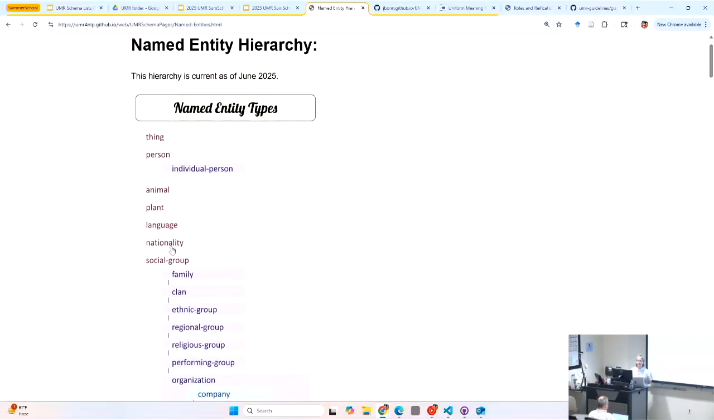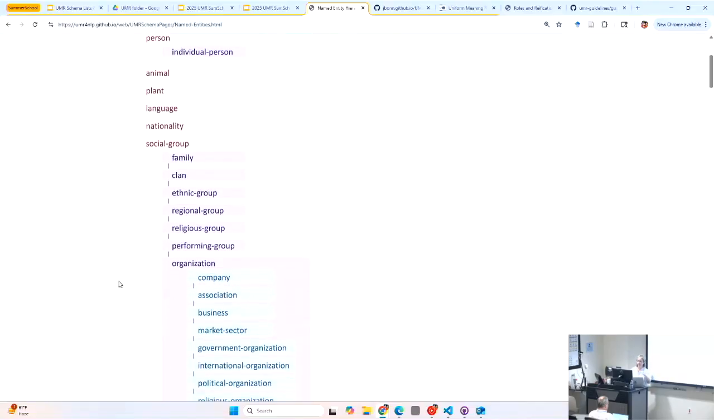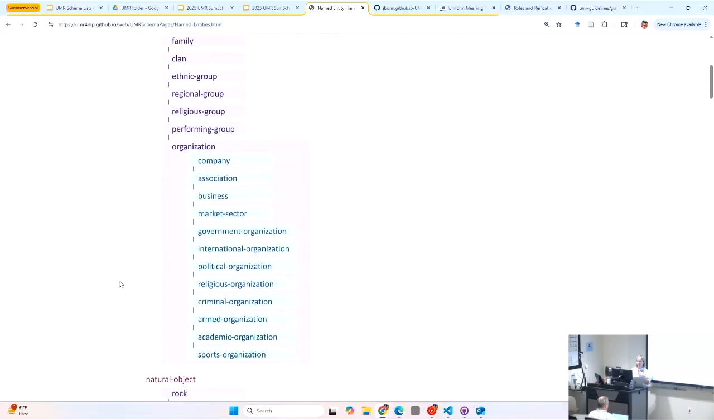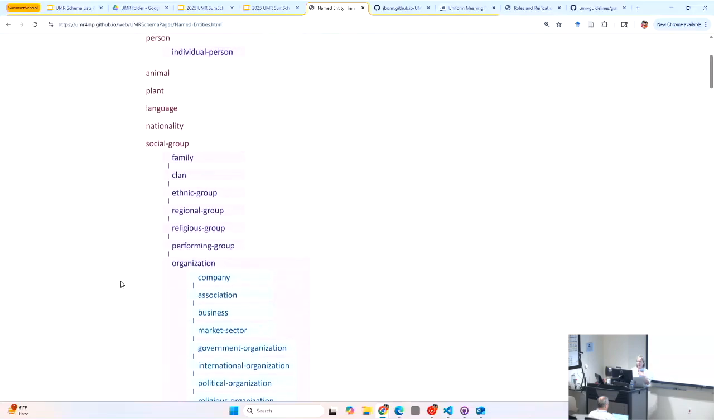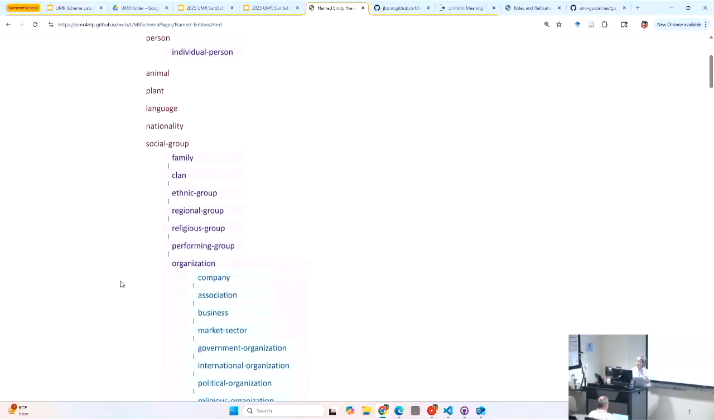I don't have examples in here yet. There is a document that has definitions for these things that I can share to the UMR folder. But yeah, these are all the types that are in there. See if there are any particular ones I want to note. Nationality, there's like only one instance in all of the history of AMR. I mean, I don't know, we've talked about taking it out, but